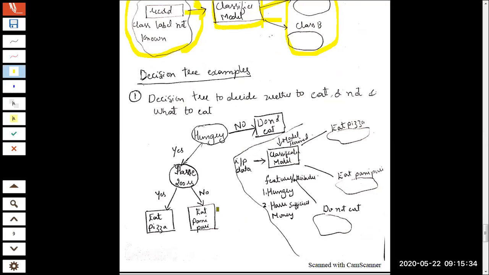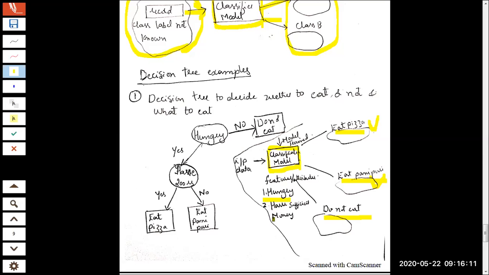So this was the very first example that I had taken, explained in the previous session. It was an example of deciding whether a person should eat food, and if he is eating, whether he should eat pizza or pani puri, or whether he should stay without eating. So these were the three possibilities: one, two, three. For making this decision, we need a classifier. This classifier has been trained with these features.